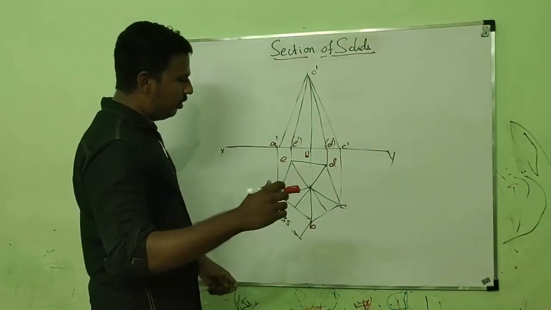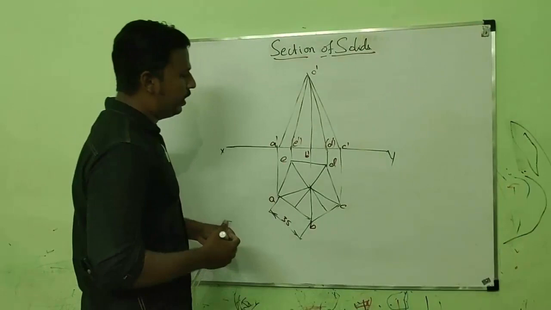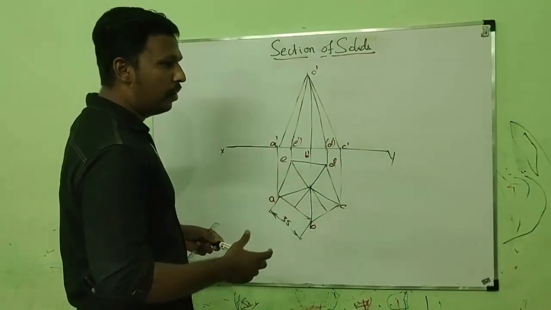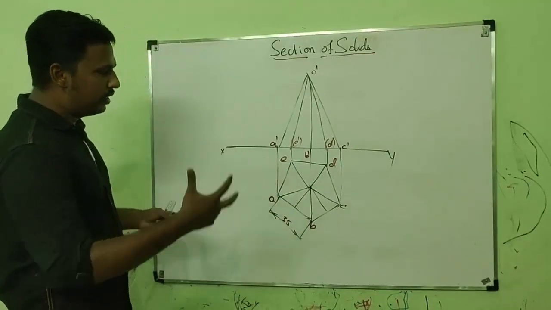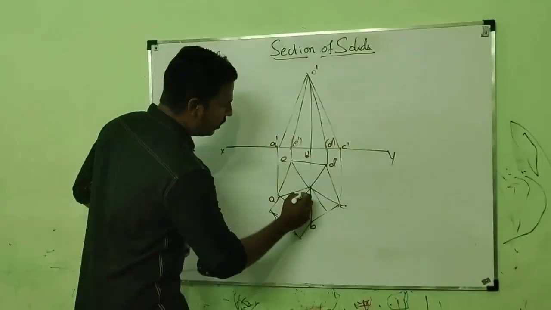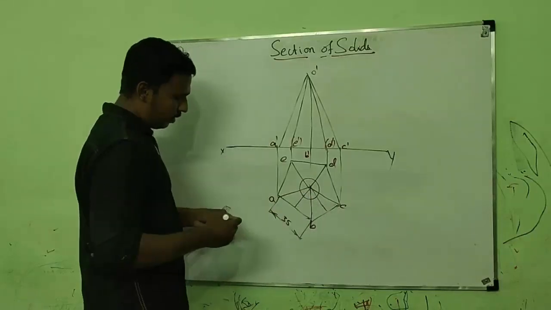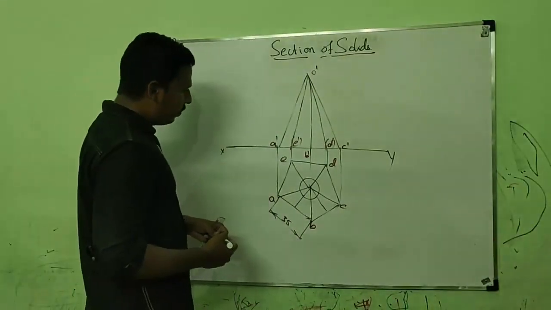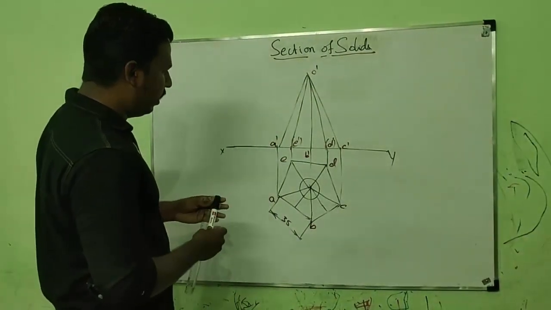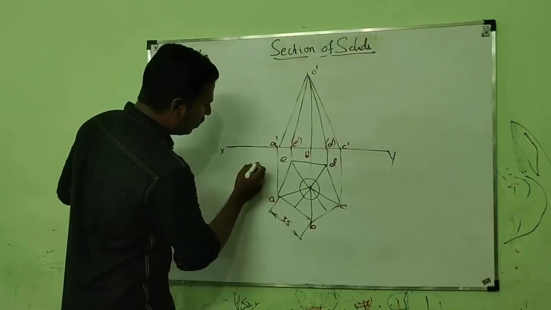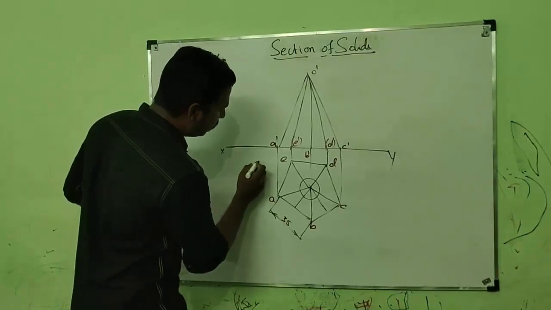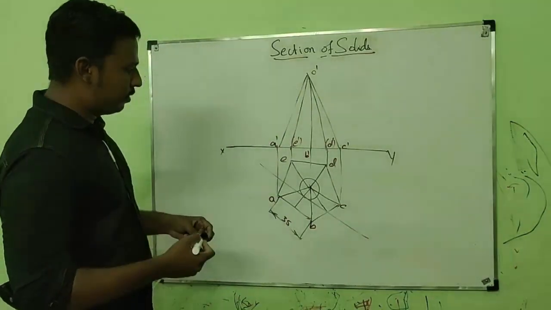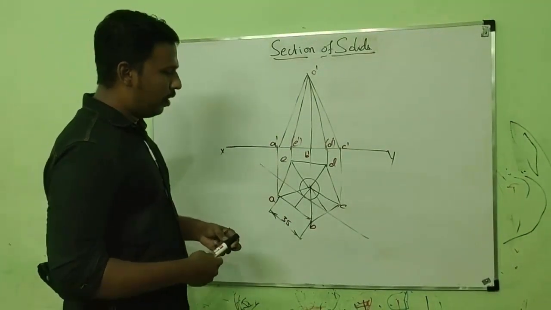So we have to draw a circle which is having a radius of 8 mm, otherwise we can use pro circle. If we use pro circle 8, we have to use 8 mm radius or 16 mm diameter. By using that we have to draw a circle. Then we have to locate the cutting plane. The cutting plane should be inclined at 45 degree to VP. So we have to draw the cutting plane at 45 degrees to VP. It will almost be like this. So now we have cutting points.